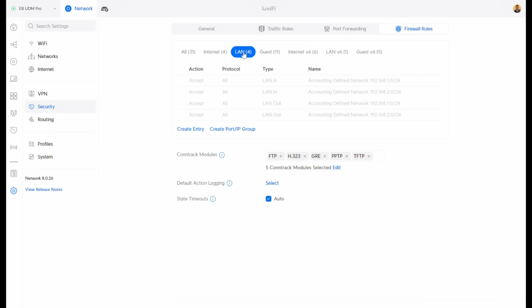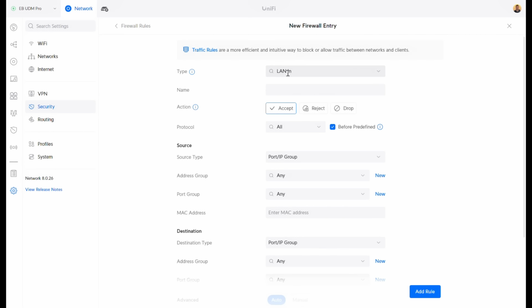If you're making a rule that says, I want this VLAN to talk to this VLAN, you're going to do it in the LAN rules, and you're going to use it with the LAN in. That's why I put this on your cheat sheet for you, okay? So we're going to actually come in here, go over to the name. You can name it whatever you want. I'm going to call this allow